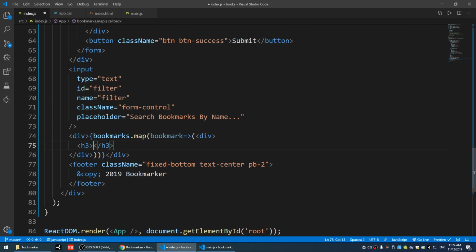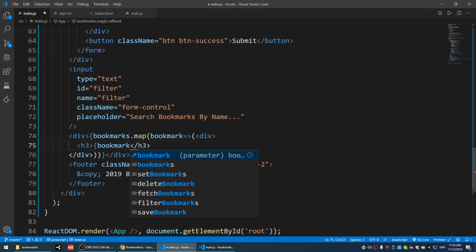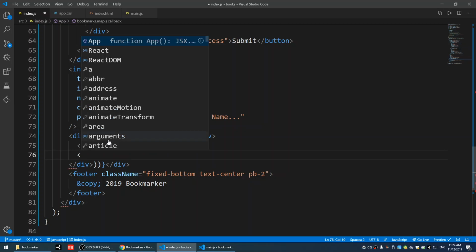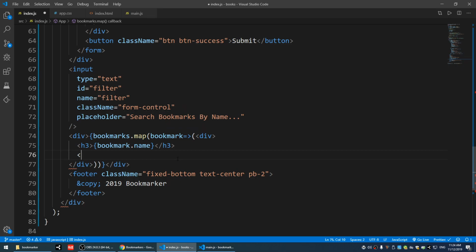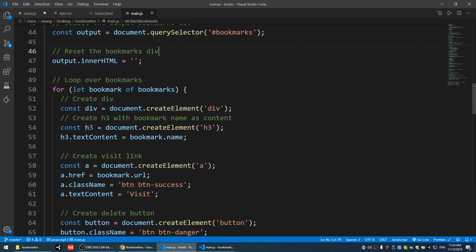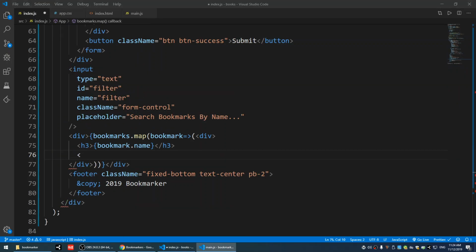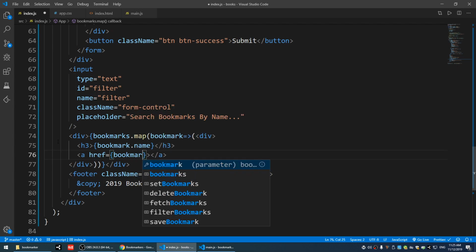With an h3, it has the bookmark name. What else does it have? Let me see. It has an h3. It has the a link, so it's going to put the a link here, with href equal to, again, whenever you want to use JavaScript code inside HTML, you use the curly brace. So it is using href equal to bookmark the URL,